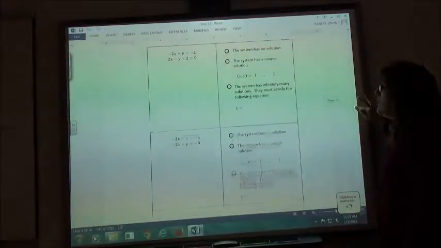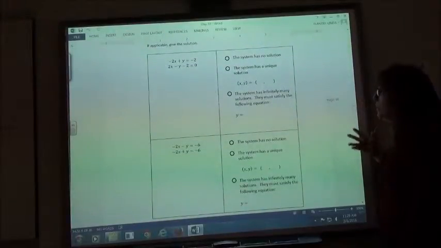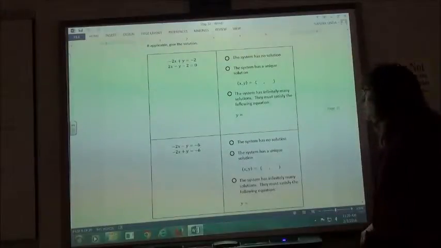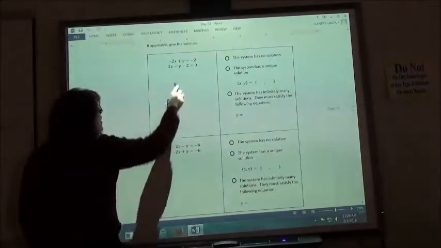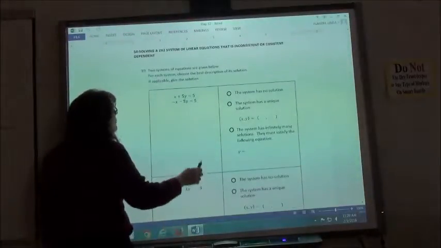Number 11, I'm just going to slide it up so you can see both questions here. Again, we're doing the same thing, picking out the applicable solutions by solving our system of equations. However, on this first one, I need to move my 2 to the other side. Since that's a minus 2,